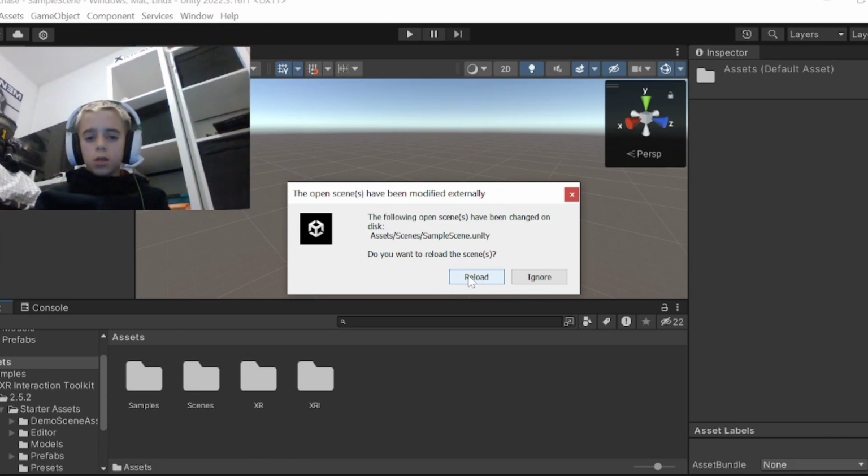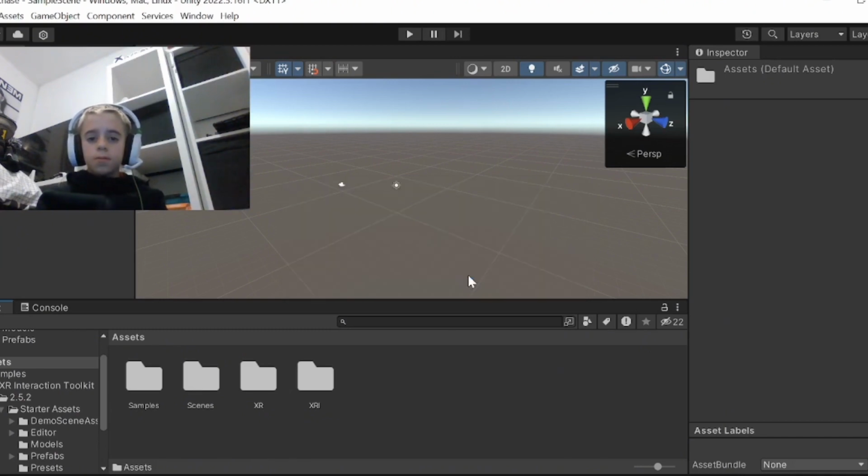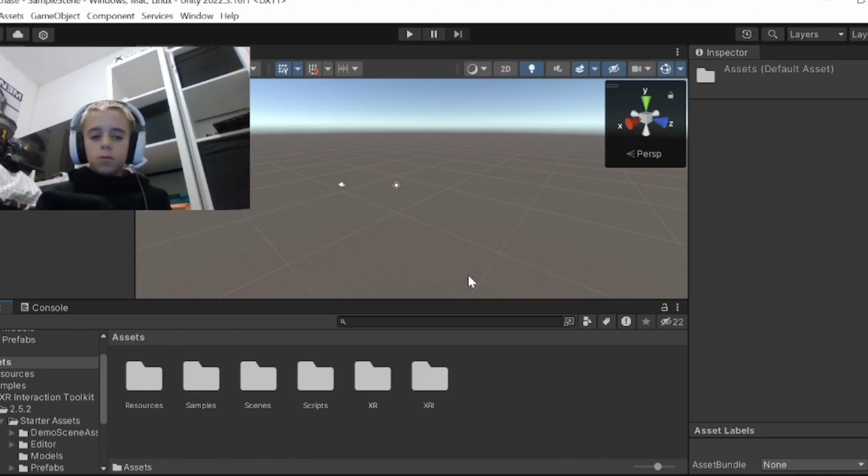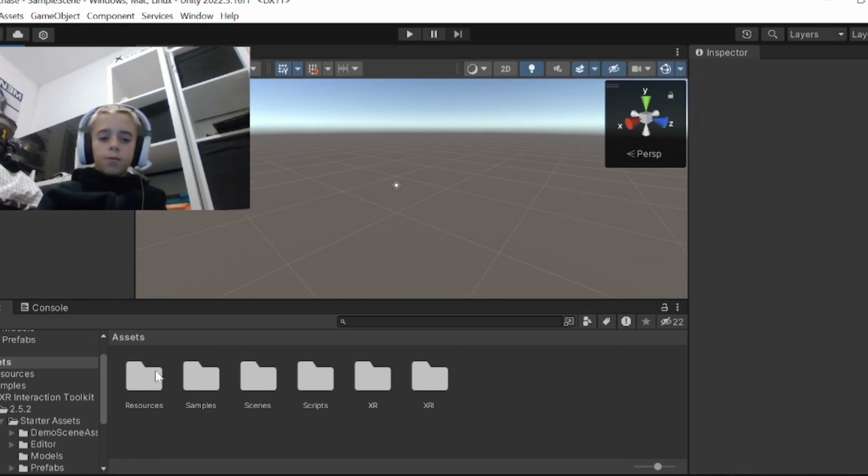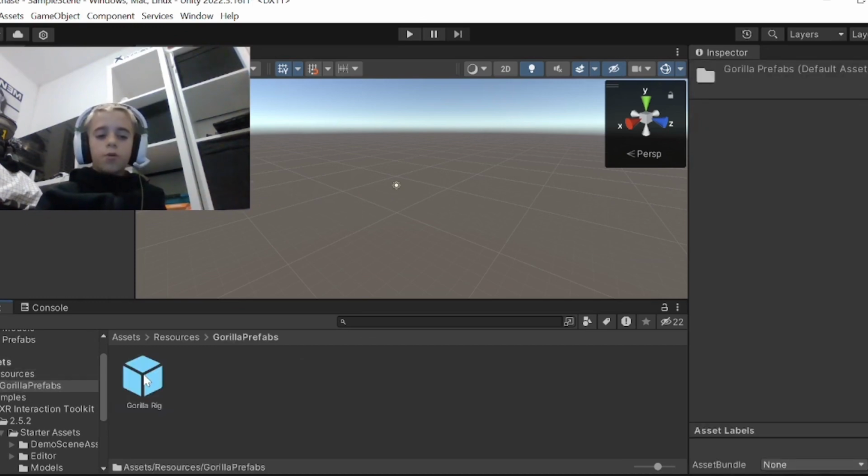Then you just want to click reload. Okay, perfect. Now what you can do is delete your main camera, but go into resources, Gorilla Prefabs, Gorilla Rig,